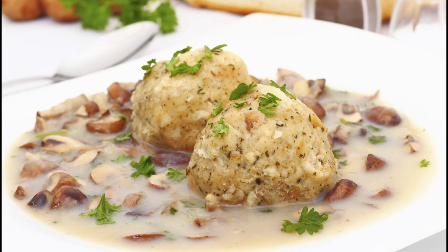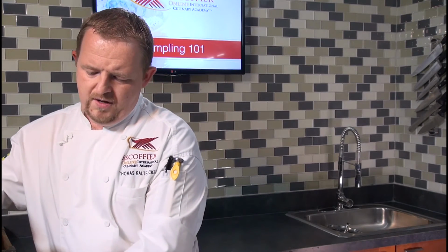We have something called a bread dumpling, which I show a picture of right now. These bread dumplings were actually made mainly because of the poor folks or peasants. They had stale bread. This stale bread was cut up and used